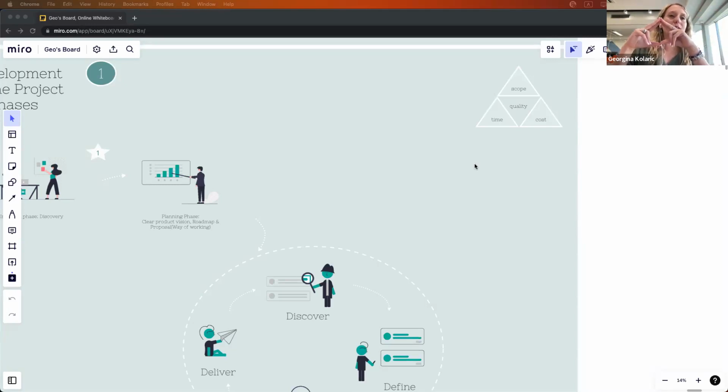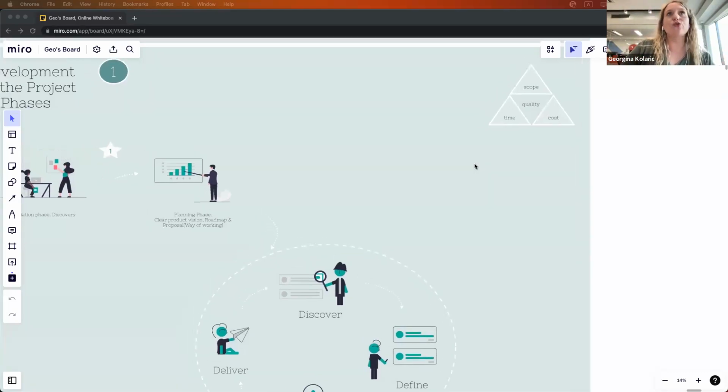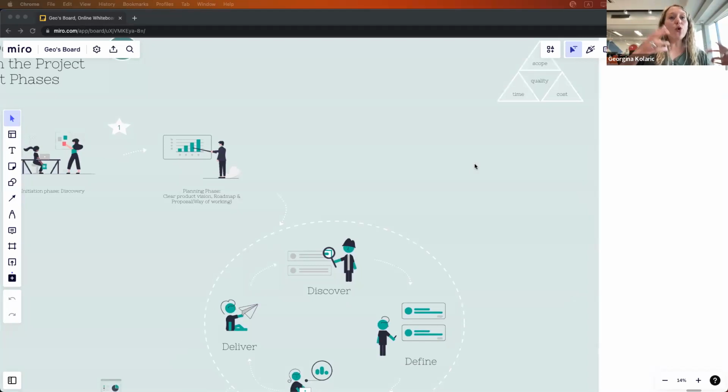You will reduce the time and you will have the deformed triangle, which affects the scope, which affects the quality. So it affects the quality the most. If you want to keep good quality through the whole product phases in a traditional manner, each of these changes you will treat as a new change request, and you will have a new iron triangle for each of these requests. But in agile methodology or dual track development, we are open to these changes